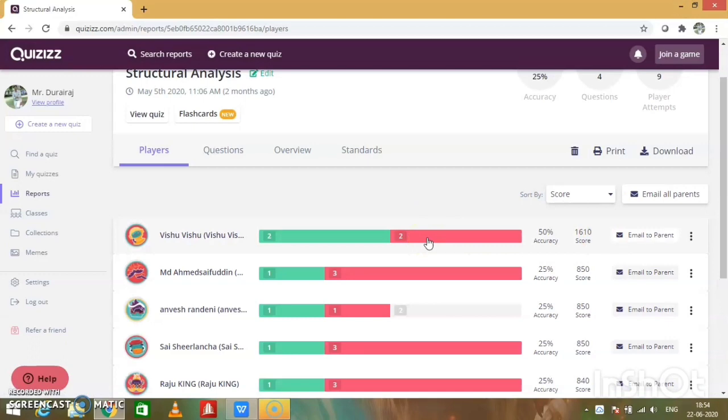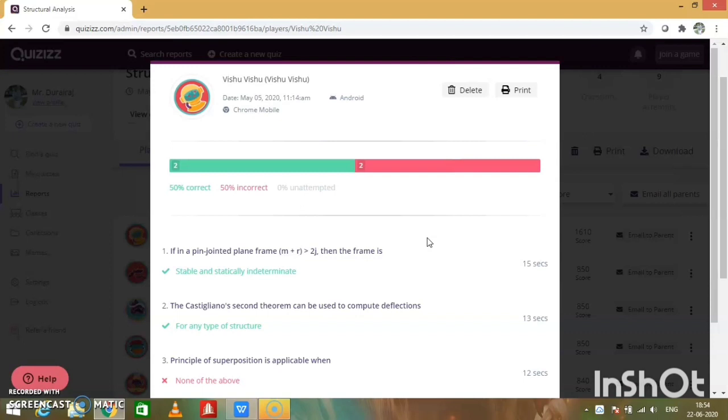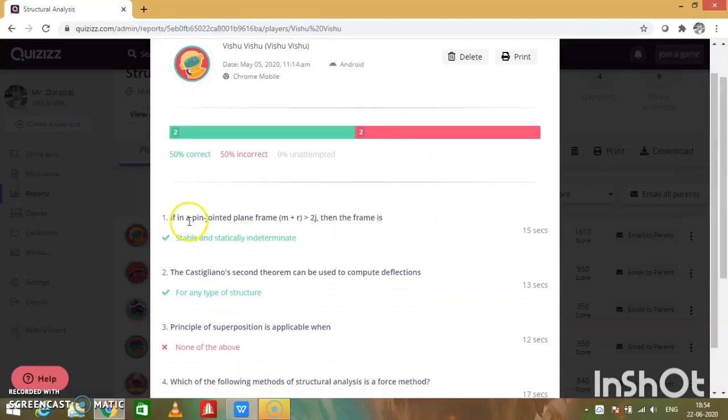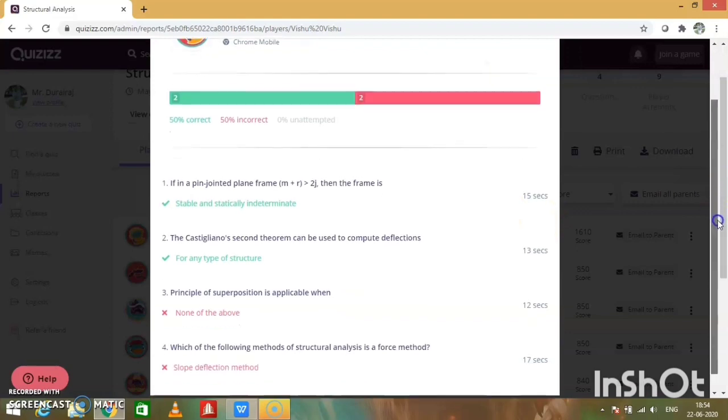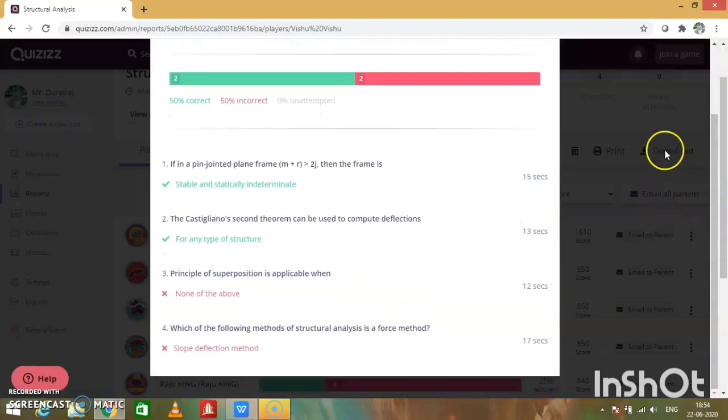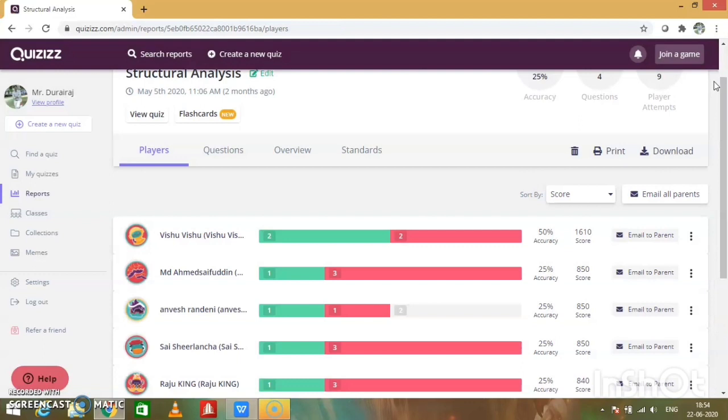Otherwise, if you want to see each player's individual report, you can double tap their name, where you can see for each question what the participant has answered, and how much time they have taken to answer a single question. By seeing the time taken, you can identify whether they have googled or done it themselves.